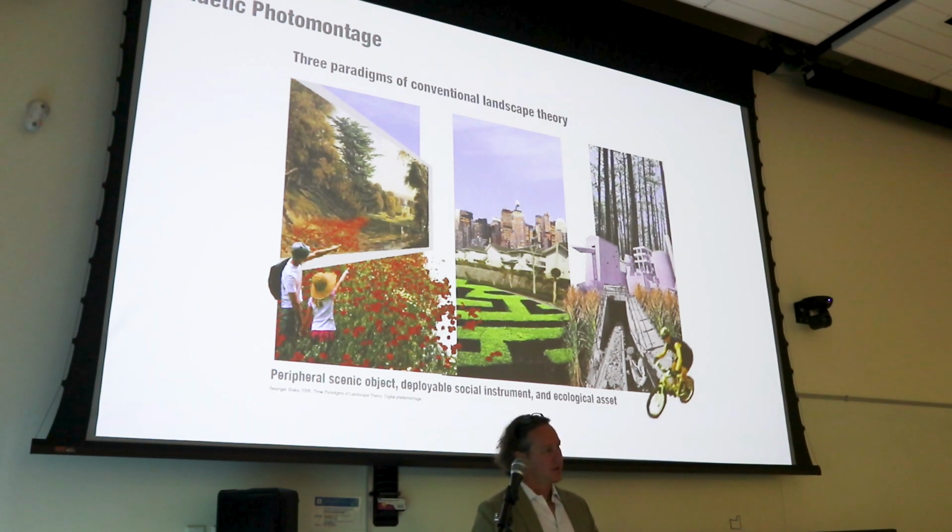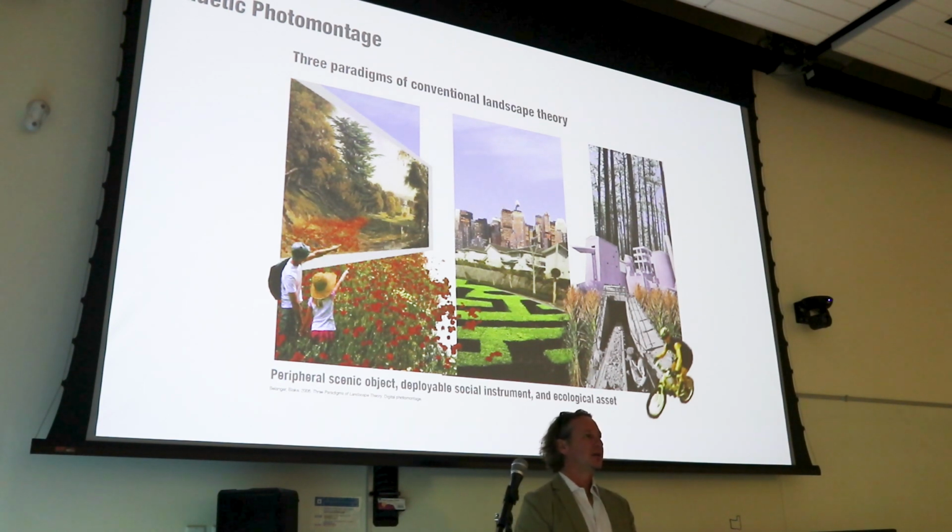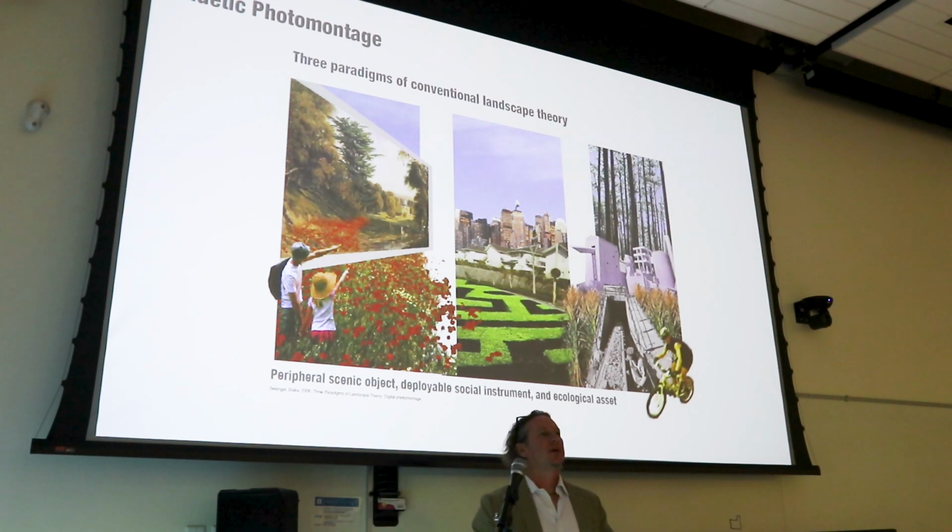my thesis, and one part of my thesis was investigating the way that people think about landscape. So conventional paradigms of landscape. And one that I identified was thinking about landscape as a peripheral scenic object. The word landscape in English, you look it up in the dictionary, one of the origins is landscape painting. And so in English, landscape is very much connected to a peripheral scenic object, something you look at from a distance and observe. The second paradigm was